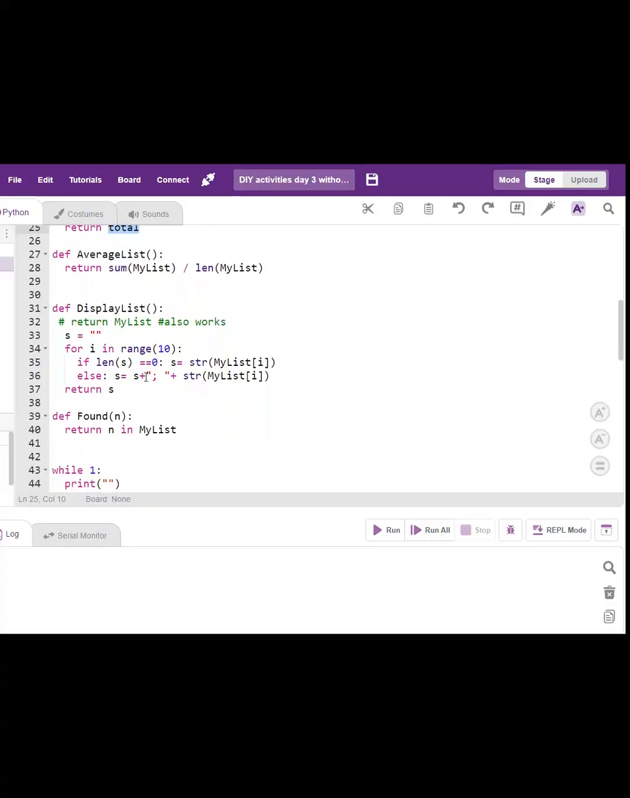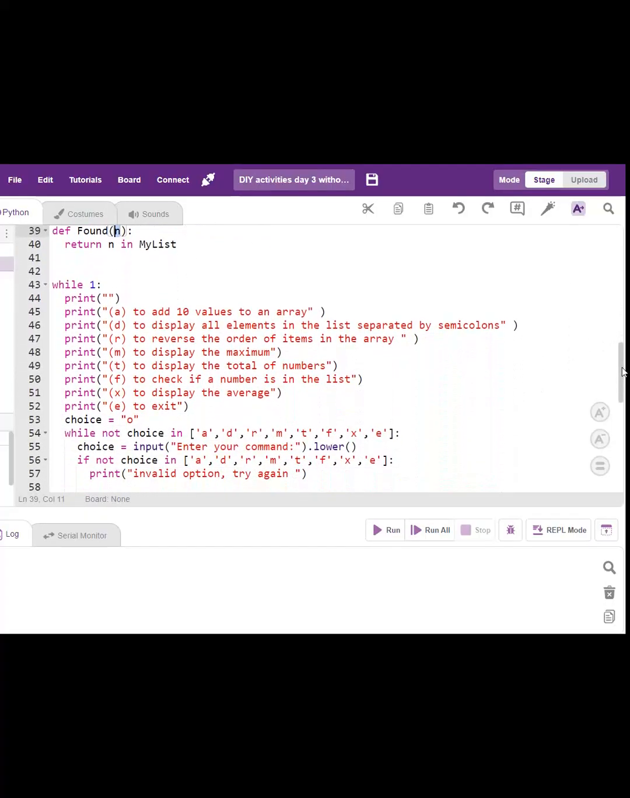And then to display the list, I used a for loop to build a string with semicolons in between. I know I can return my list just like that, and then it'll have square brackets and commas, but I built my own string here. And then I had a function found to look for the value in the parameter in my list, and it returns true or false. Now I created a menu to do all these various things,